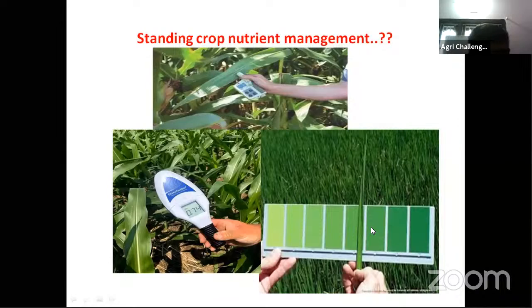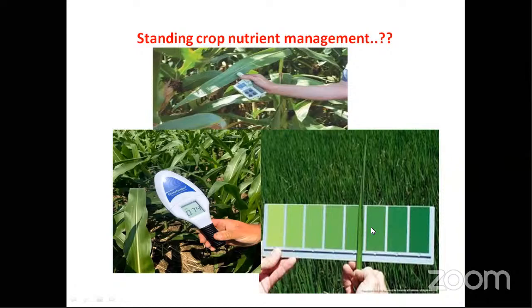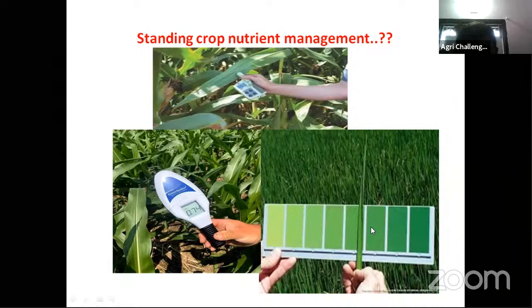What is your Munsell color chart? It is for soil, to find the soil color. Same like that, here also we have color charts. If you go to the field, you can estimate each level of color, which has value, hue, and chroma.